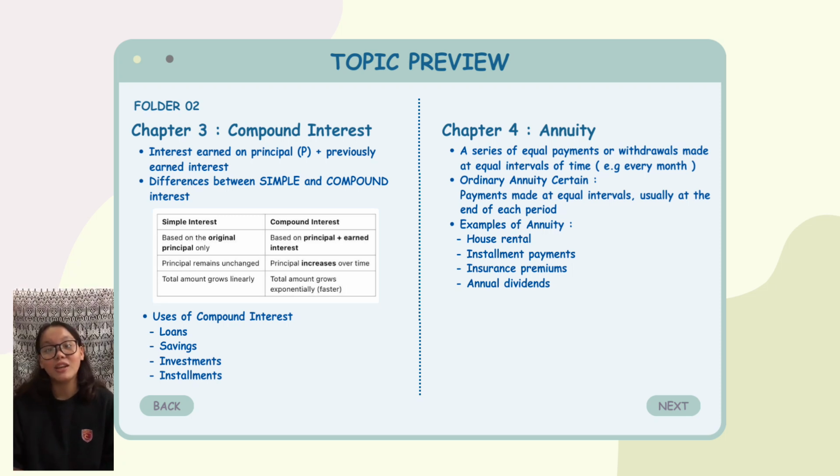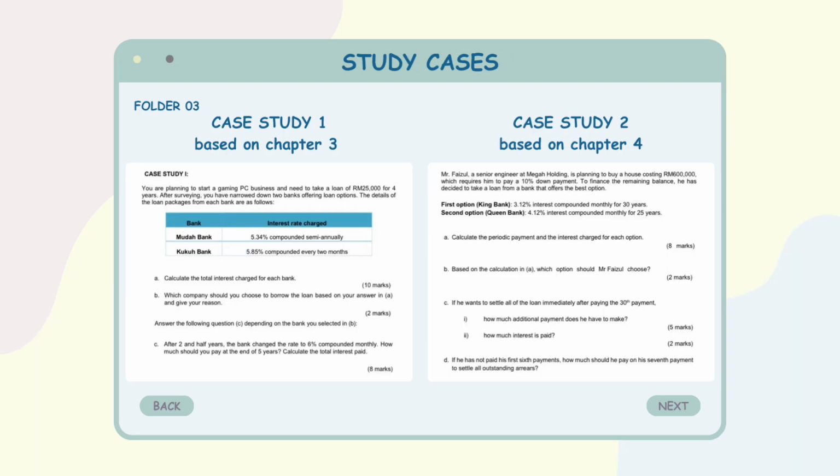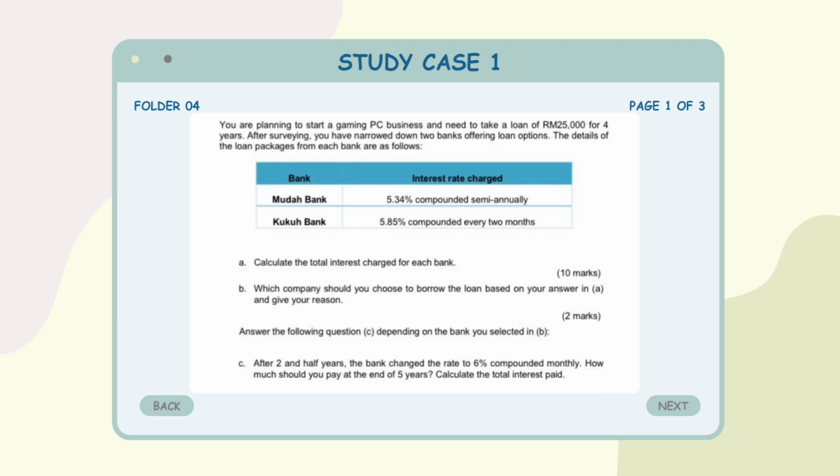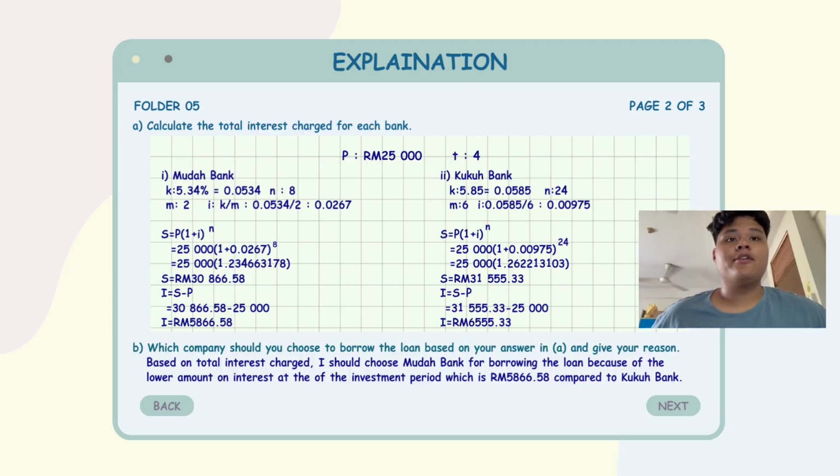So I have done talking about annuity. Now we are going to be moving on to the example of annuity. As we know, annuity is used for house rental, installment payment, insurance premium, and lastly, annual dividends. So, to calculate the total interest,